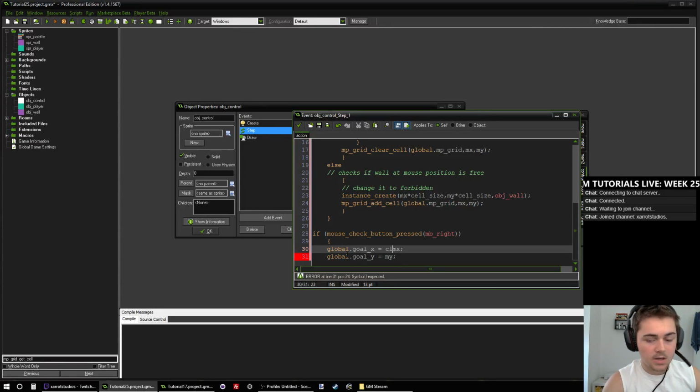So clamp. You have to set the value first, and then the minimum, which would be 1, and then the maximum, which would be